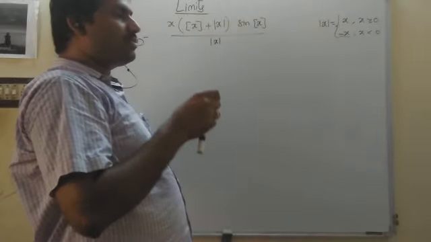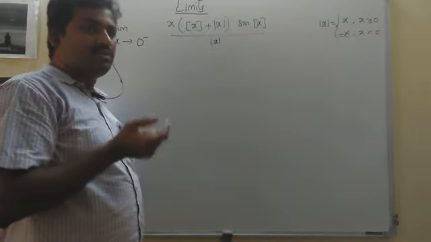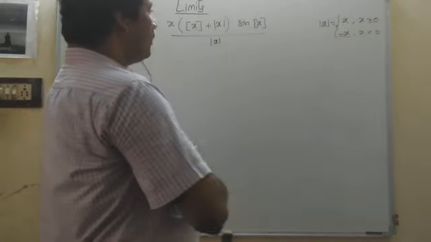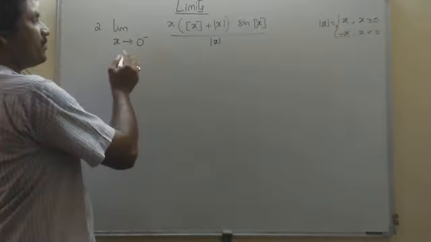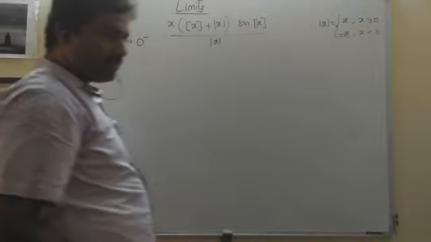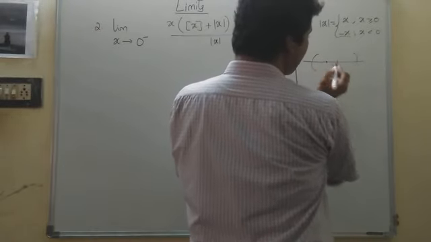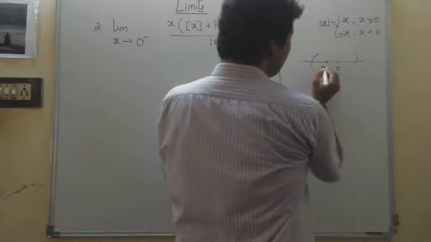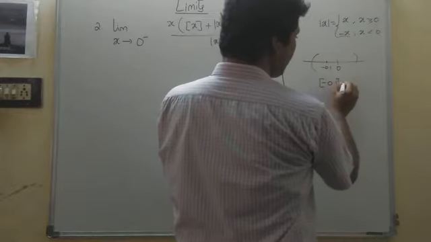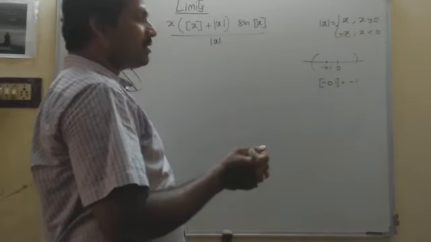So first what we have to do is, if there is box x in the limits problem, first find that value. Box x is the integral value. First find what is the integral value of that one before 0, or you can do by using h form also. Or you can do directly also. See, this is the 0. What is before 0 means? Like this one, very small neighborhood, say minus 0.1. What is the box of minus 0.1? Minus 1. What is the box of plus 0.1? 0. What is the box of minus 0.1?